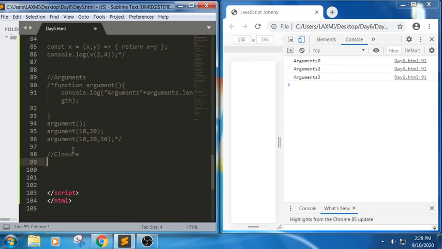If an inner function can access the outer function variables as well as outer function parameters, in addition to its own variables and global variables, then we call it a closure. Remember, outer function variables and outer function parameters.